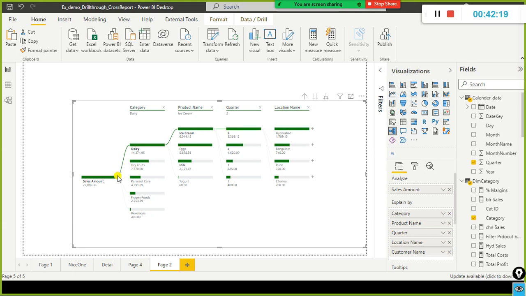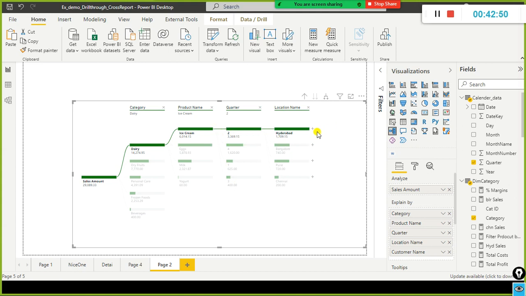And if you select the specific one, for example, if I select only this one, right, the rest of them will get dimmed, only this one it will show. So for the dairy product, this is the total sales amount, and of this is the sales contribution by ice cream. And the ice cream, this is the topmost sales, right? Of, see, 4 transactions happen. Of the 4 transactions, this is the topmost one.